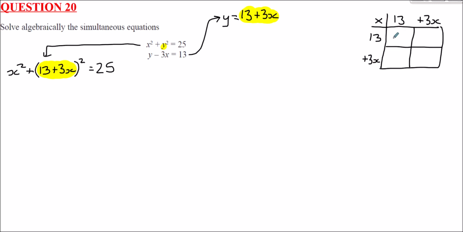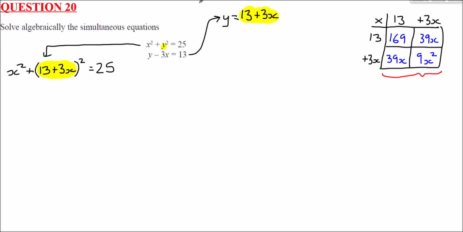So 13 times 13, that's 169. This box, 3x times 13, is 39x. This one down here is 3x times 13, which will give you another 39x. And this one in the final corner, 3x times 3x. Well, 3 times 3 is 9. X times x is x squared. So what this is going to give us overall,